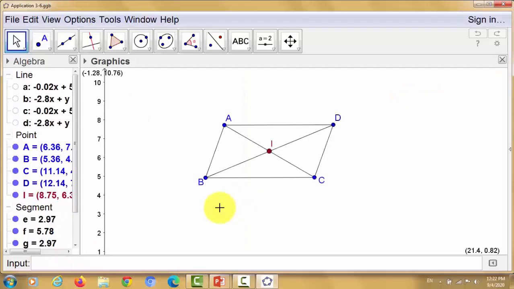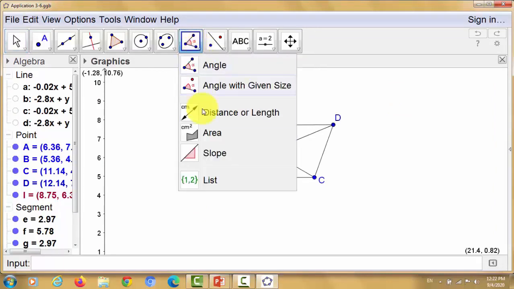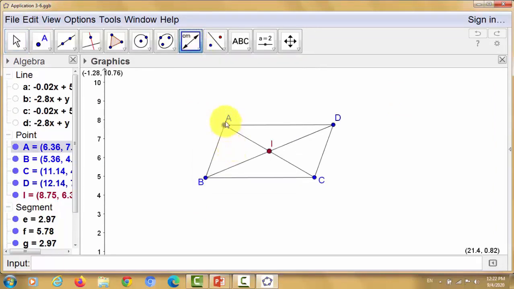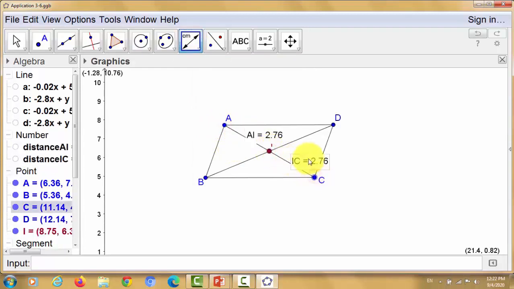Parallelogram, my lovely students, has no axis of symmetry. It has only a center of symmetry, which is I. And also I will show you that. I will measure AI and I A'. See, look here, the 2 segments have the same measure,